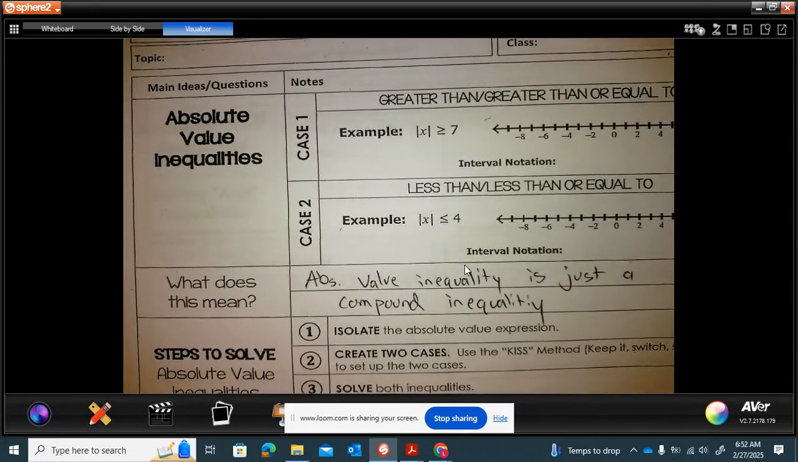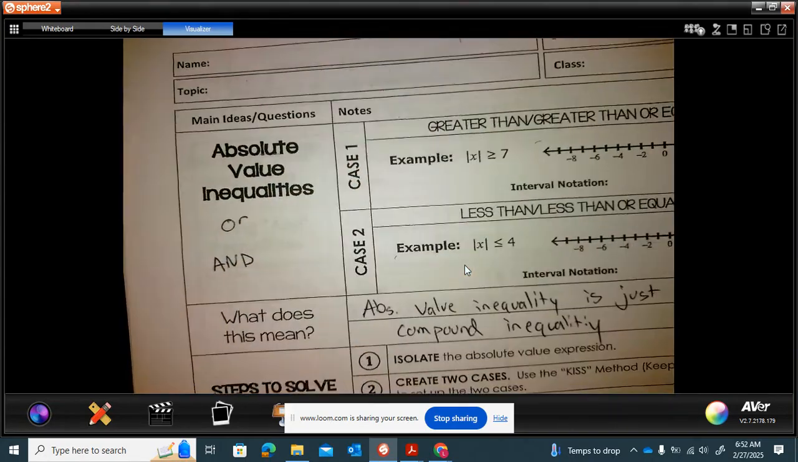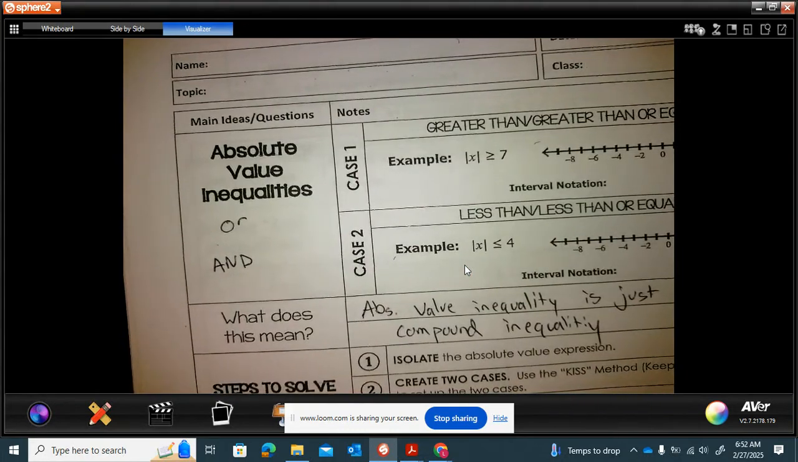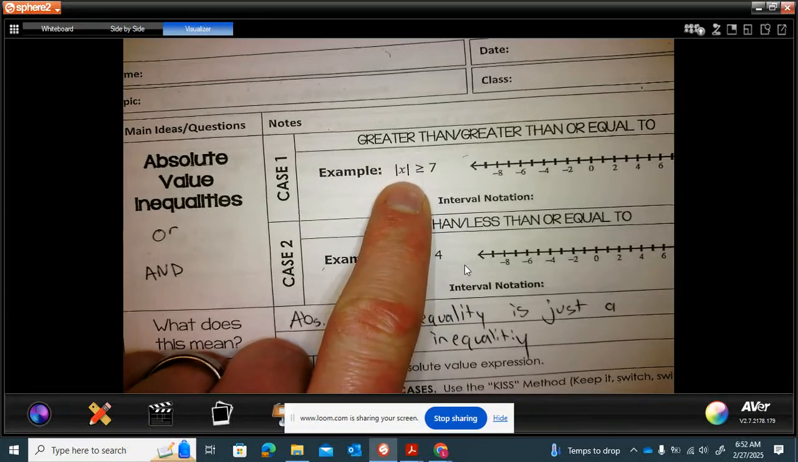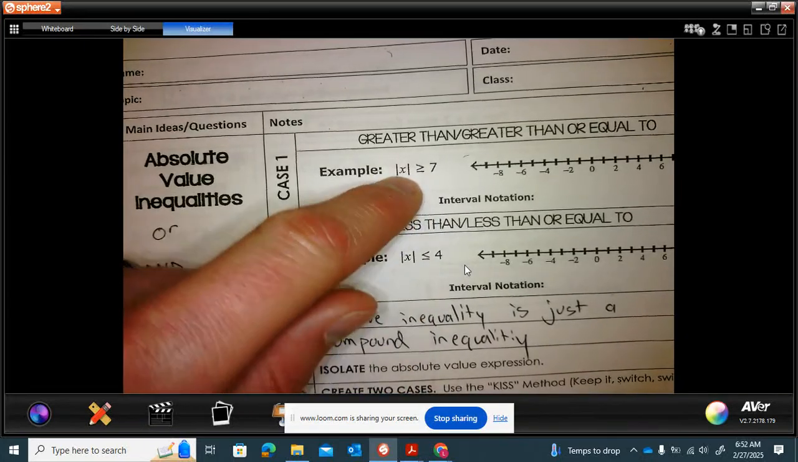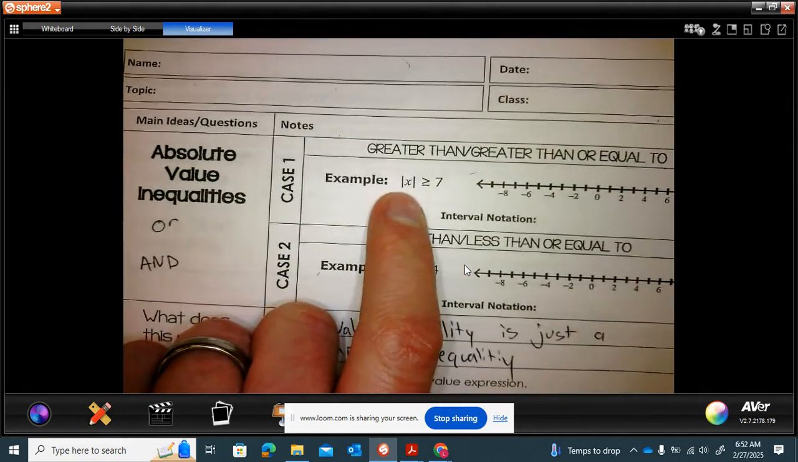So there are two different types of compound inequalities, right? We had the or and we had the and. I made a video specifically for each of those two types. You have to know which one is which when you're doing an absolute value inequality. And it's pretty simple. Once you get the absolute value symbol by itself,